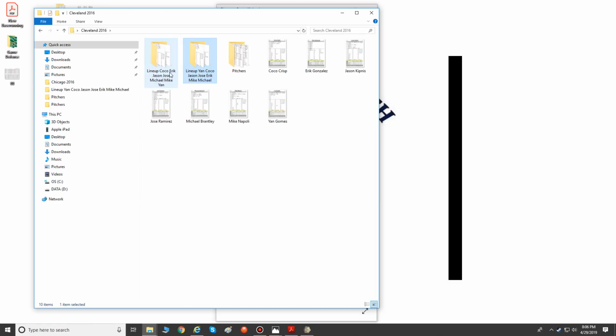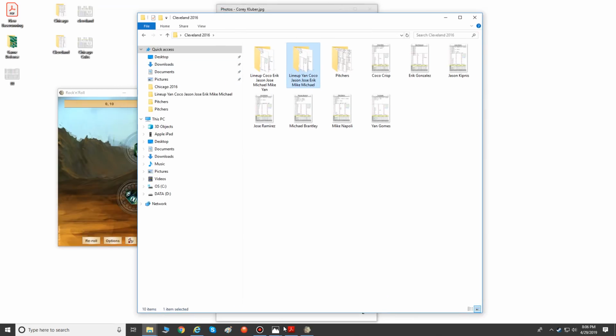Right? So now I've got two different lineups all ready to go, because the teams are not going to use that many different lineups here and there. So if I get to a day where I'm going to replay the Cleveland Indians from 2016, and maybe it has the same lineup as this, but maybe there's one player different, I would go, oh okay, well, that's easy to fix. I'm just going to use this lineup, and instead of